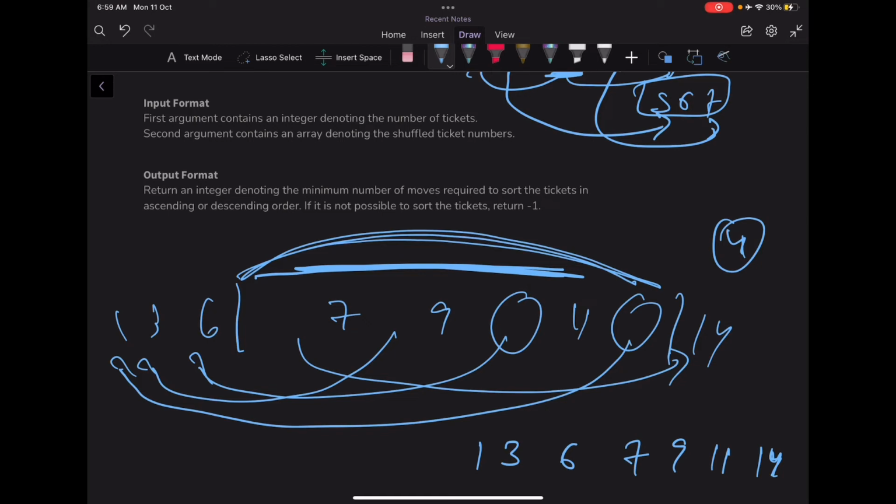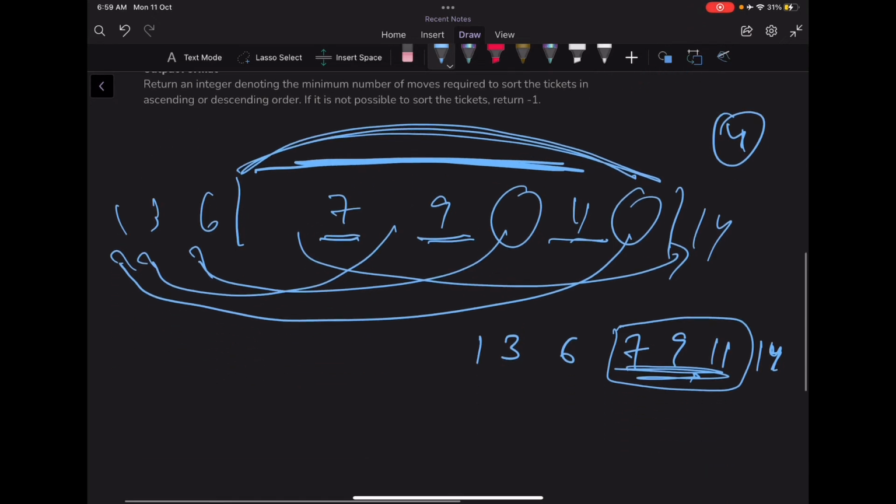For that, we just need to find a sequence. Just like in this case, it was 7, 9, 11. It was in the sorted order. It was in the order as it will be when the array is sorted. The array will be sorted and the order is 7, 9, 11, and we already had 7, 9, 11. These three numbers were already in this order, so that's why we did not have to move these numbers. We just had to move the other numbers accordingly, either to the front side or the back side, right? So if we can find the maximum length of a sequence which already is in the order it will be in if we sort the array, and maximize that, automatically the number of moves will be minimized.